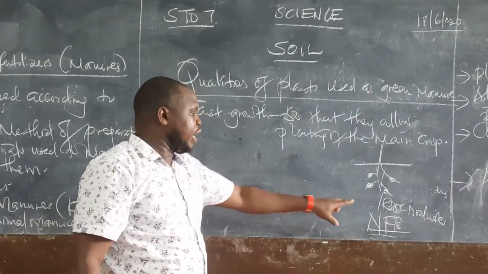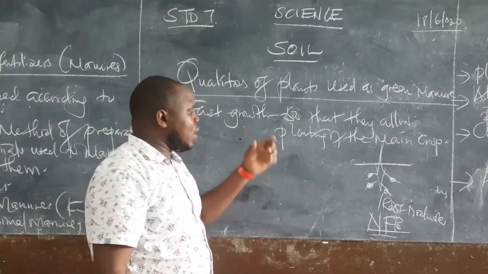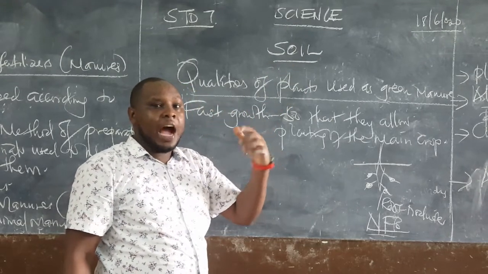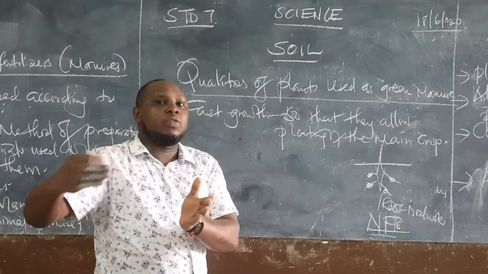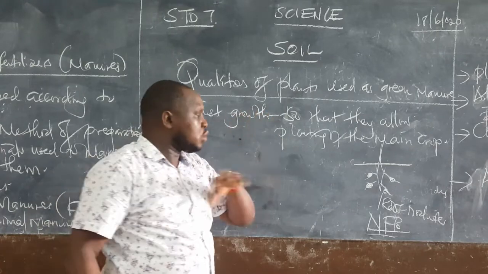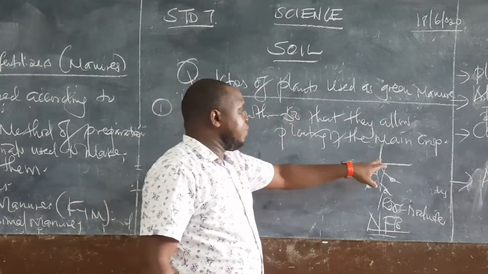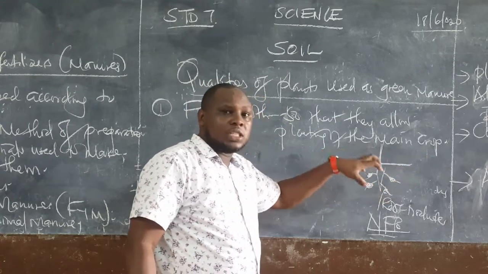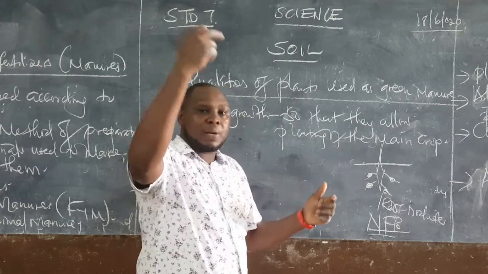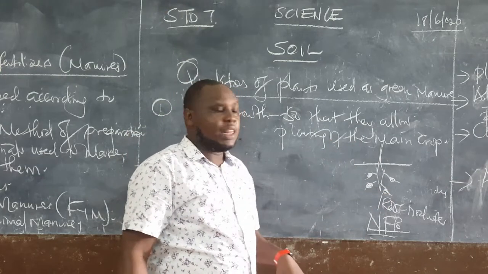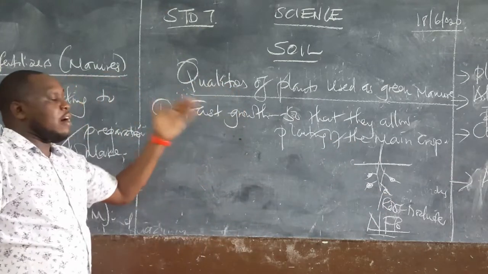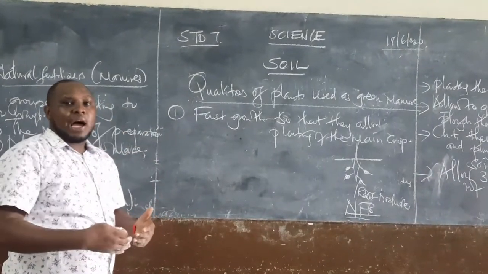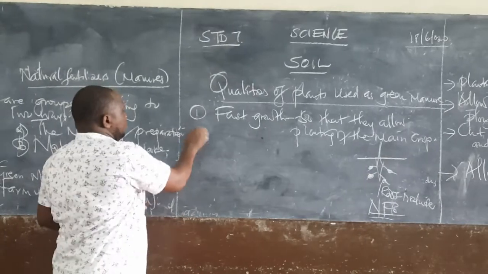That helps in doing this. So once nitrogen is there, and it's always found when we have lightning, and lightning is found at the start of rains. It's when we have a lot of lightning. So that lightning is very important to help these plants, the ones with the green manure we have planted, to fix nitrates into the soil, so that when that plant comes, it can be able to utilize that. So it exhibits what we call fast growth. Grow very fast, be plowed back into the soil, and then be allowed to decompose, and then allow the main